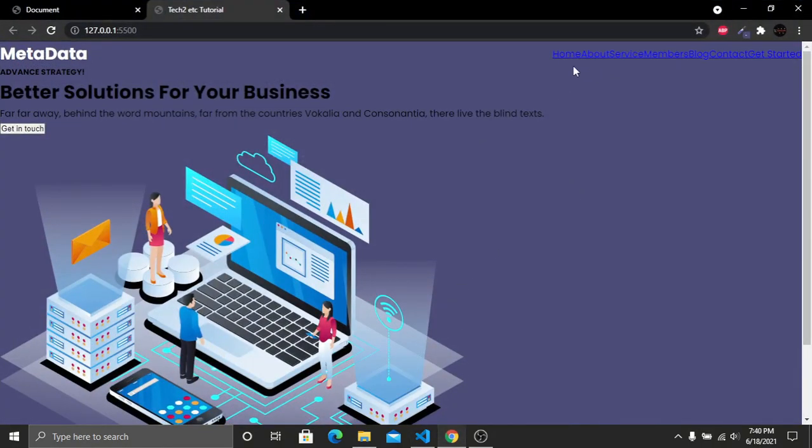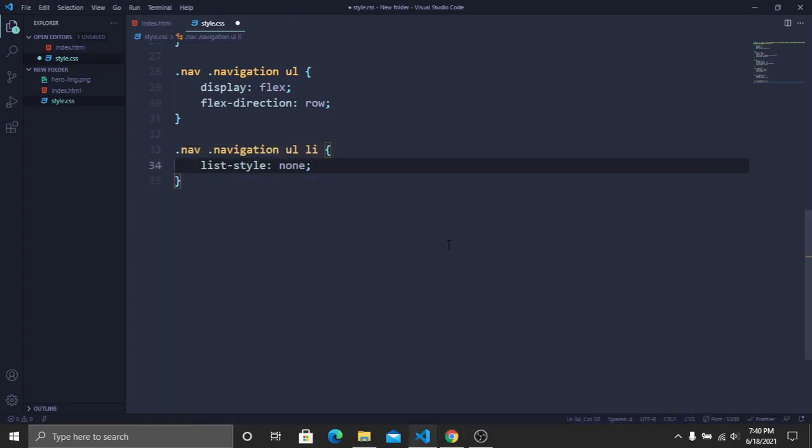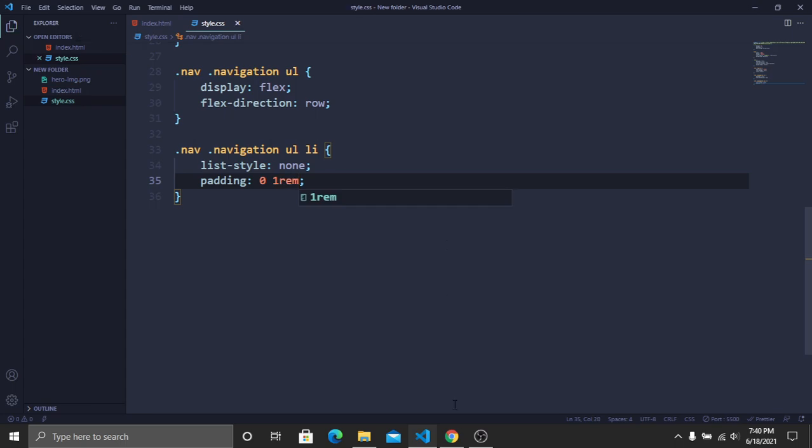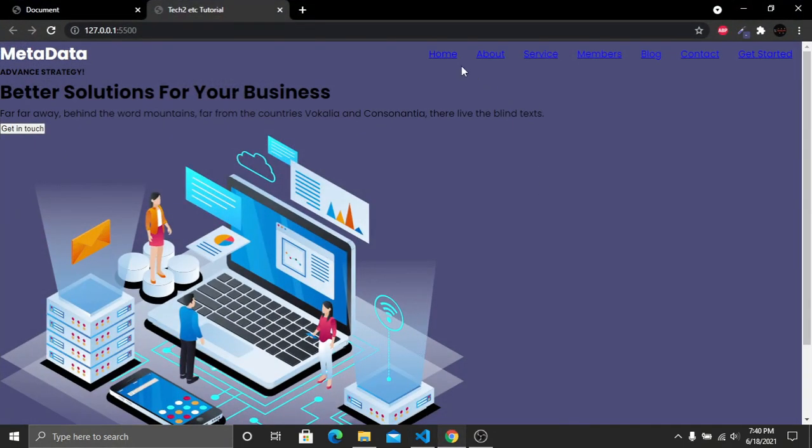points. So after this, now I want to add some space between these navigation links, because here you can see that we don't have any space between these navigation links. So for adding some space, let's go to our code, and here we have to add padding, and the padding from top and bottom will be 0, because I don't want to add padding from top and bottom. I want to add padding from left and right. So for left and right, I will add 1 rem. That's it. Now save and go to our website, and here you can see that now we have a space